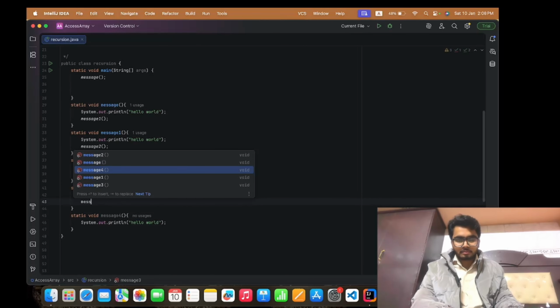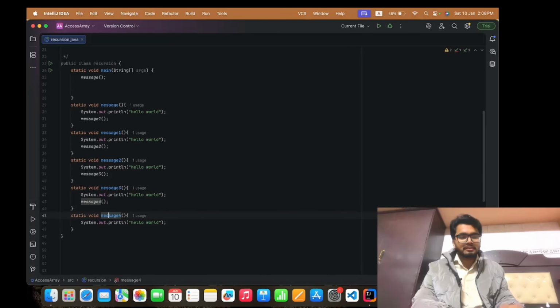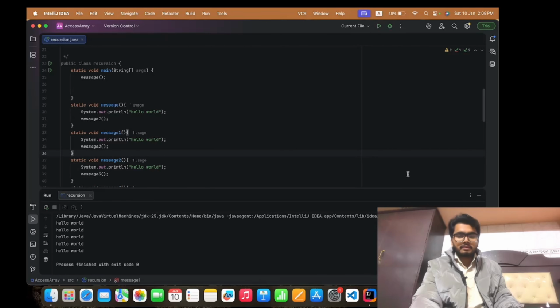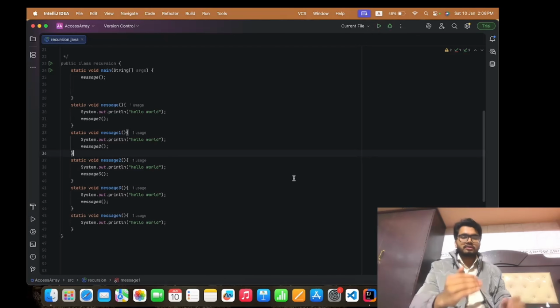In message 4 we will call nothing. So here what is happening is one function is calling another function to give us the output. See, we got the same output and the code redundancy has been decreased. For achieving this, we use recursive calls, right?